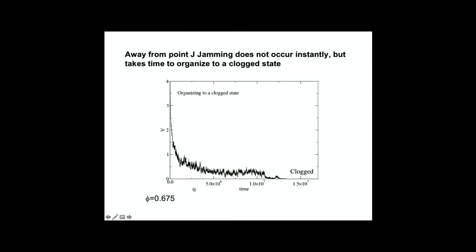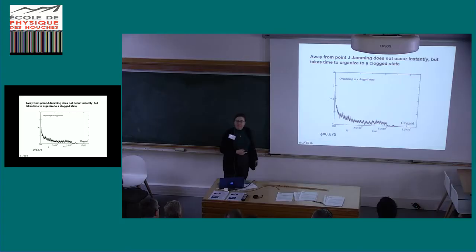First of all, we find this really long time scale where the system starts flowing initially, but then the flow decreases, but it's still flowing and gradually decreasing. Then it starts to get rather intermittent. It thinks about not flowing, changes its mind, and then finally at some point it stops flowing. Since we have no temperature, once the system has stopped flowing, it can't ever start again. So this has made a permanent transition to not flowing. This is at a density of only 0.675, so very low compared to the jamming density. And here you can see I've already called this a clogged state rather than a jammed state.